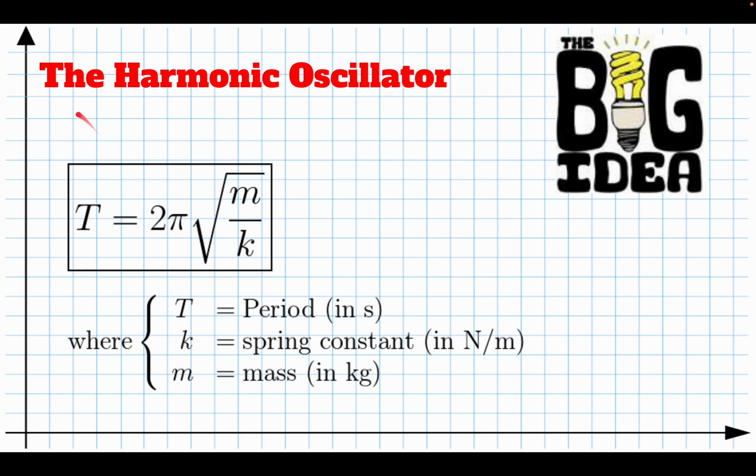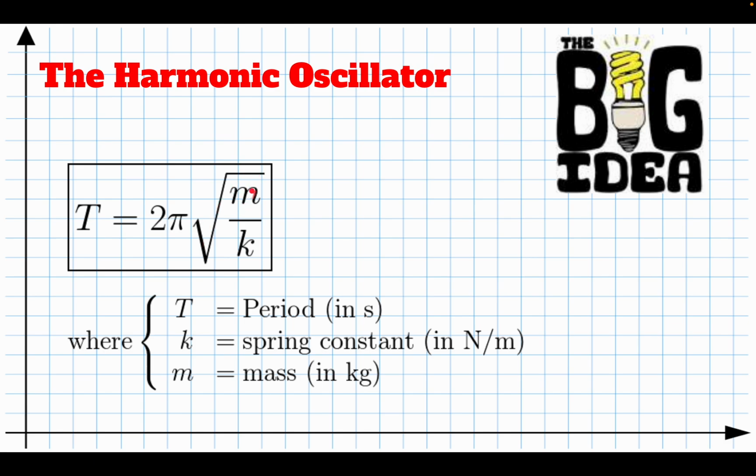For a simple harmonic oscillator, a mass on a spring, the time it takes to complete its cycle, the period, is equal to 2 pi times the square root of m over k. And that should look familiar. It's very similar to the equation for a pendulum, but a little bit different. In the numerator, we have the mass now. The mass matters. In the denominator, we have the spring constant, and they are both inside of a square root,